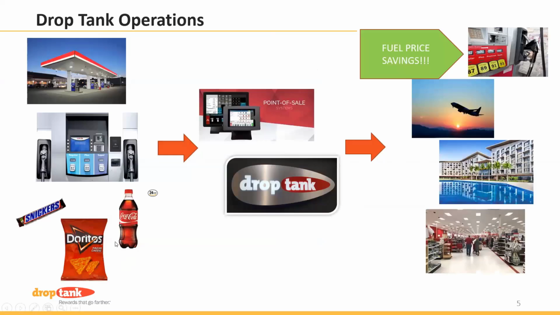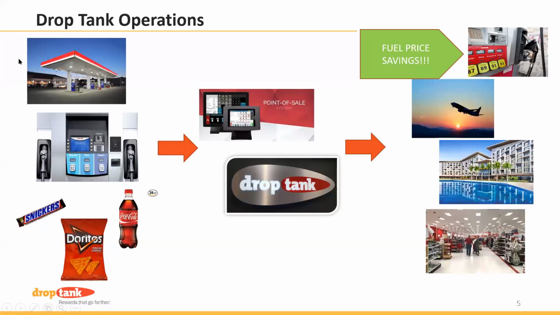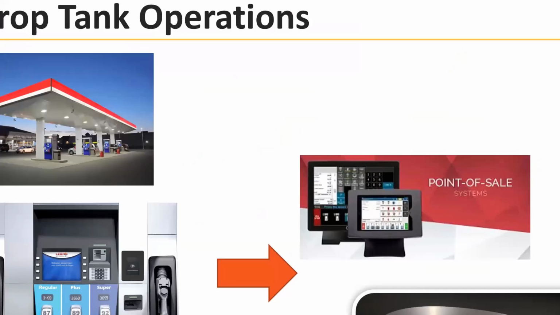So for those of you who are more visual learners, these are just some pictures, whoops, sorry about that, to show you a little bit about our company. Same thing, but just showing you the interface. DropChain plays in the middle space here too, where we are basically allowing members, based on their everyday transactions, buying fuel, buying consumer products like you see at the bottom there with the Snickers, Doritos, Coke, whatever, and turning that into fuel savings.